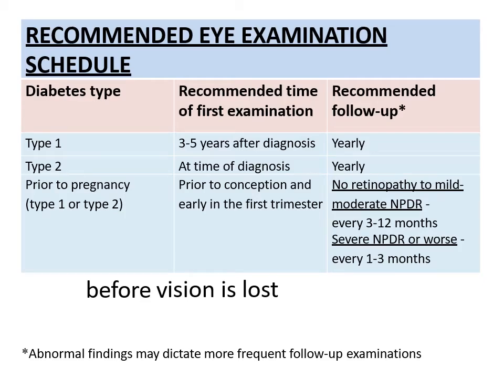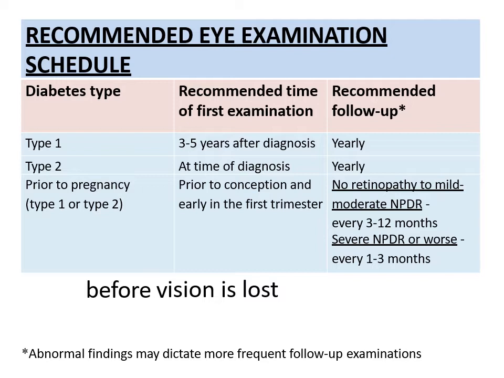Now, this chart enumerates the recommended eye examination schedule for diabetics. So, you know there are two types of diabetes, type 1 and type 2. In type 1 diabetes, diabetic retinopathy develops within 20 years, and in type 2 diabetics, diabetic retinopathy develops within 7 years. So, in type 1 diabetes, the recommended time of first examination is 3 to 5 years after diagnosis,